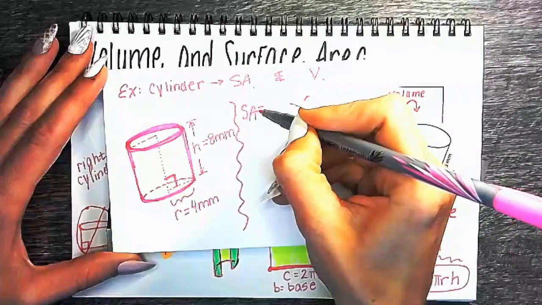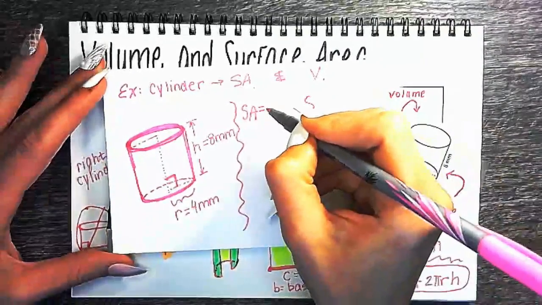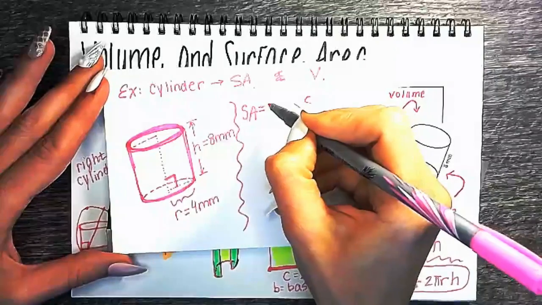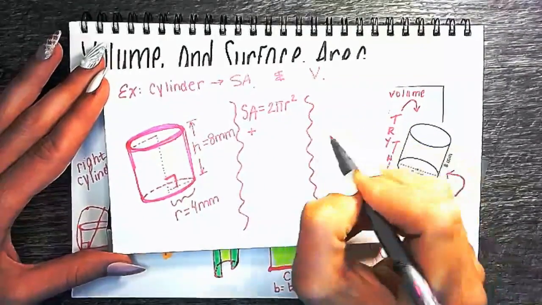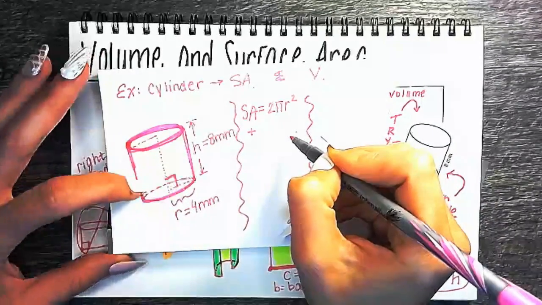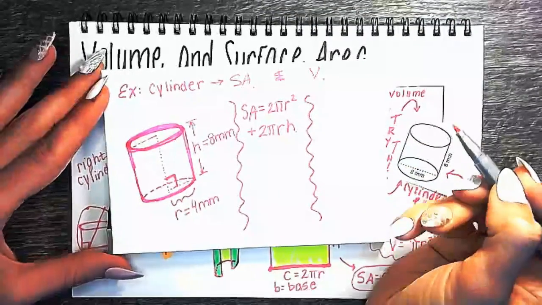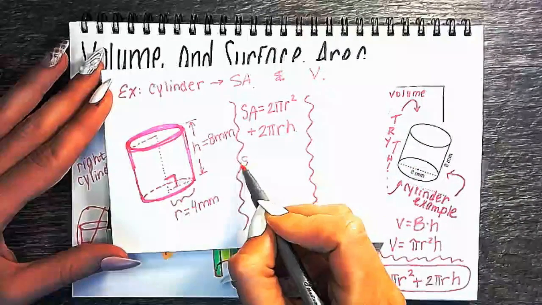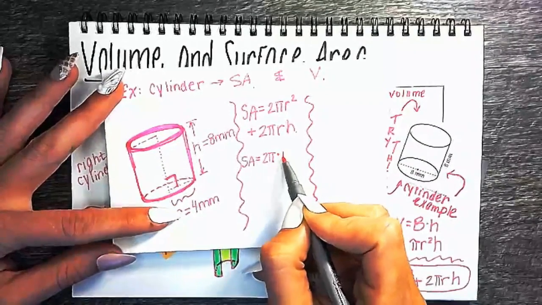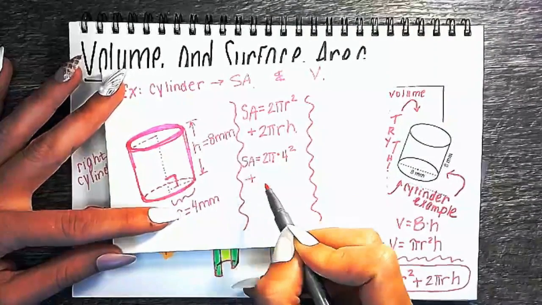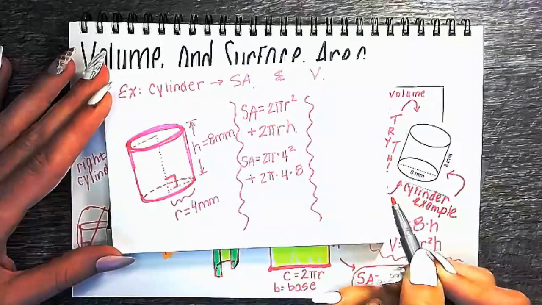Surface area equals circle, circle, rectangle. The circles are pi r squared, so we'll have 2 pi r squared plus the rectangle, which is normally base times height. However, the base is the circumference, 2 pi r h. Fill in to my equation. The surface area equals 2 pi 4 squared plus 2 pi times 4 times 8